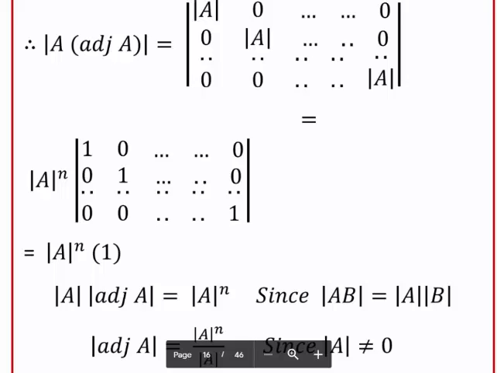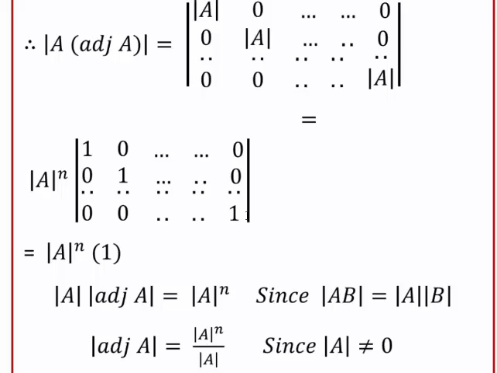we know its determinant is always 1. It is a diagonal matrix, and the determinant of a diagonal matrix can be obtained by taking the product of the principal diagonal entries, meaning 1 into 1 into 1, like this. This is the principal diagonal and its product is 1. So in short, we get the determinant of A into adjoint of A is equal to mod of A